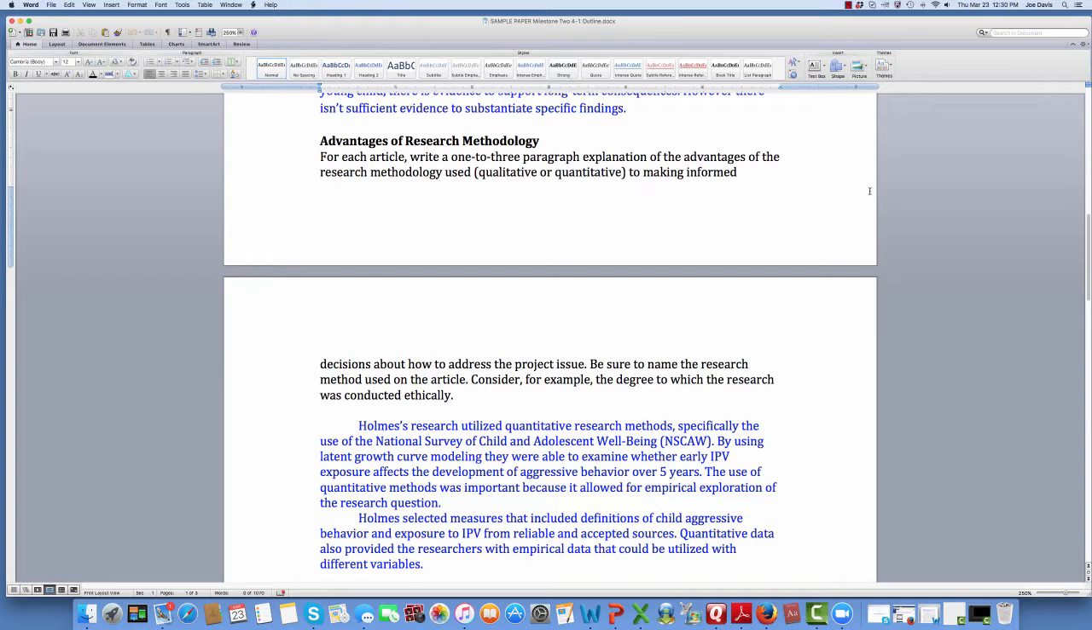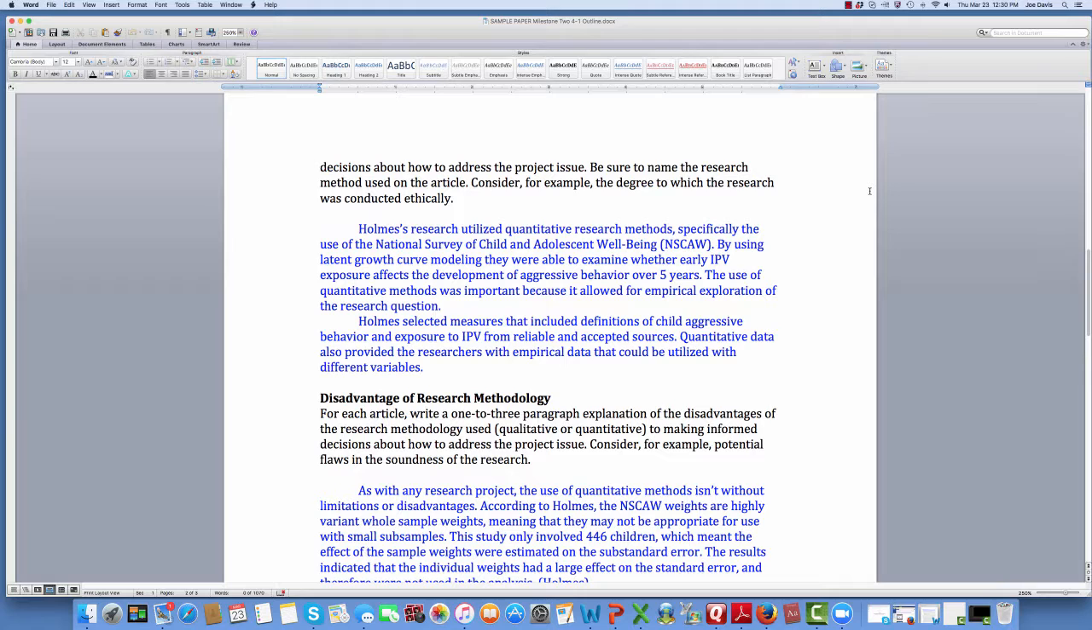The next part was, what are the advantages of the research method? Holmes's research utilized quantitative research methods, specifically the use of the National Survey of Child and Adolescent Well-Being. By using latent growth curve modeling, they were able to examine whether early IPV exposure affects the development of aggressive behavior over 5 years. The use of quantitative methods was important because it allowed for empirical exploration